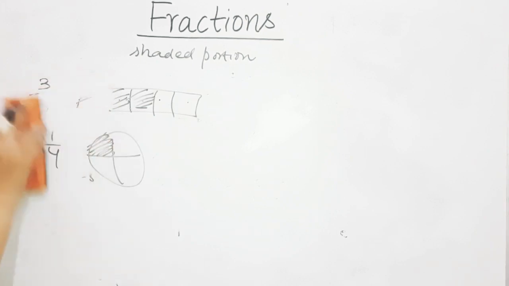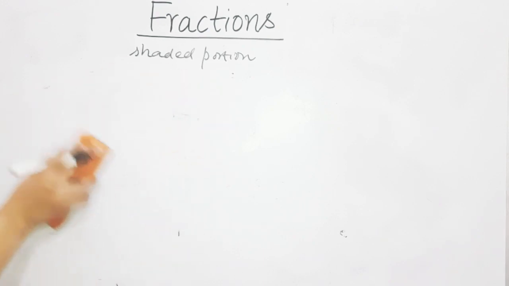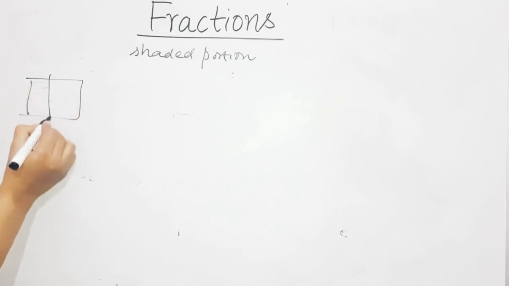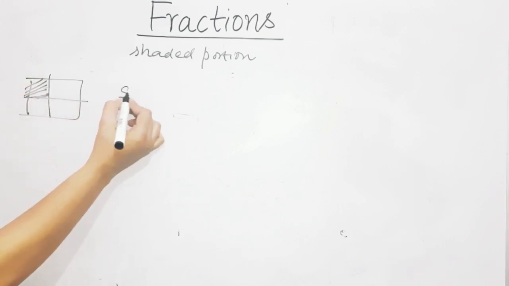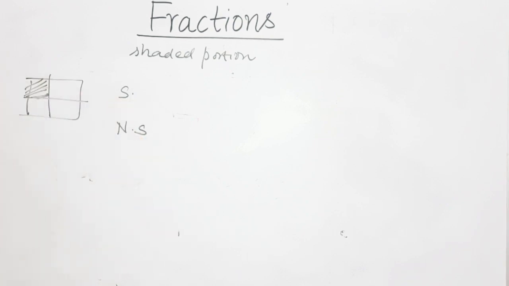Now the second question in the maths book which is given to you is, write the fractions for the shaded and non-shaded parts of the following. So one figure is given to you, you have to write the fraction for shaded also and for non-shaded also. For shaded I am writing S, for non-shaded I am writing NS. So the fraction for the shaded portion is, pause the video and reply your answers in the comment section.